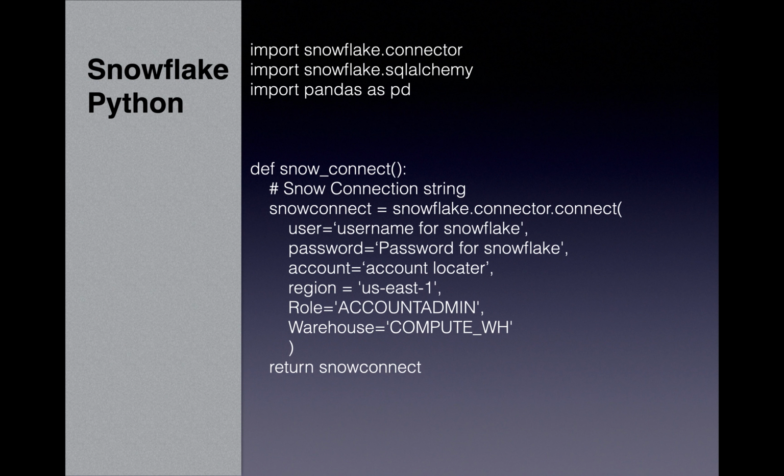As of now I'm using US1. And the role is account admin. Instead of using the other roles, we can use the account admin. By default it is showing the COMPUTE_WH in the trial version, so I'm using that one. And then return the Snow Connect. So once the connection is made,